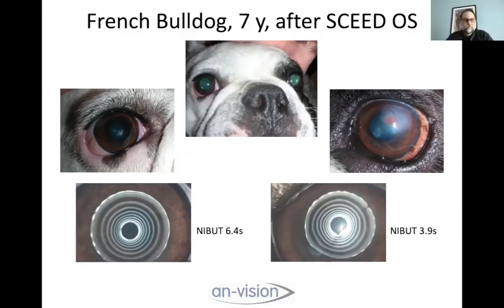So this is a 7-year-old French bulldog that had a non-healing ulceration. And this is the situation after it healed. And actually I have to commend that we see much more horrible corneas after SCEDs in Frenchies, which seems to be an entity that totally puzzles me. But this has healed with this reaction. And if you now look at the tear breakup time in his right eye, it's 6.4 seconds. And in his left eye, it's 3.9. So it's severely